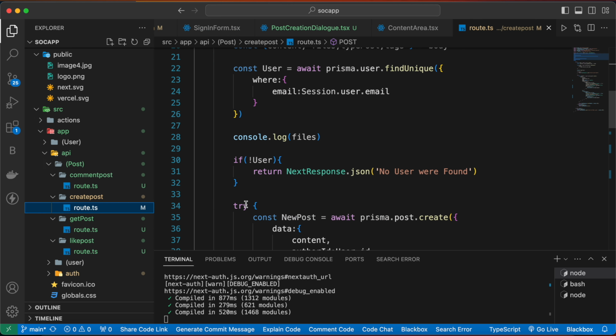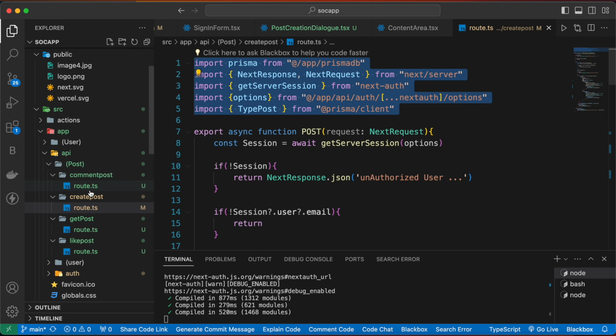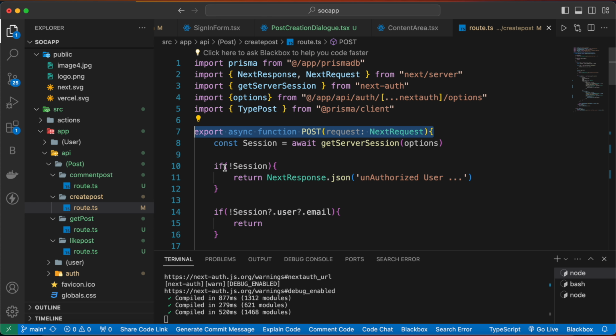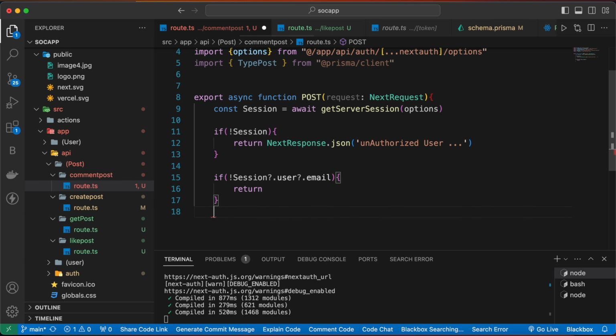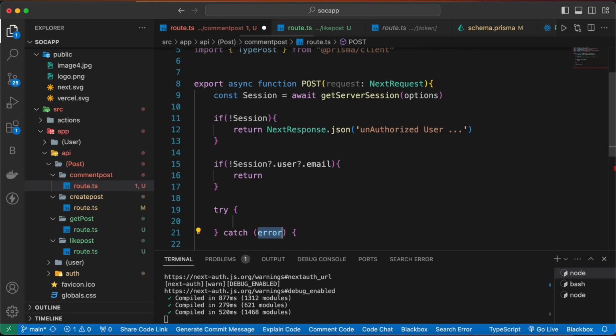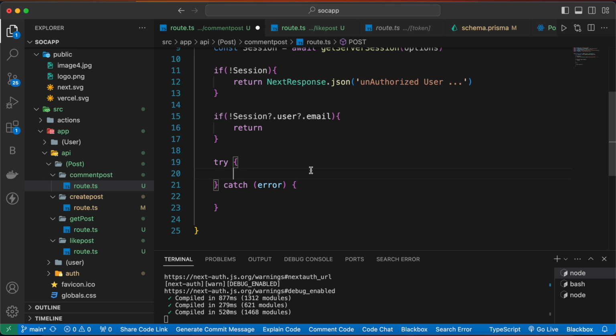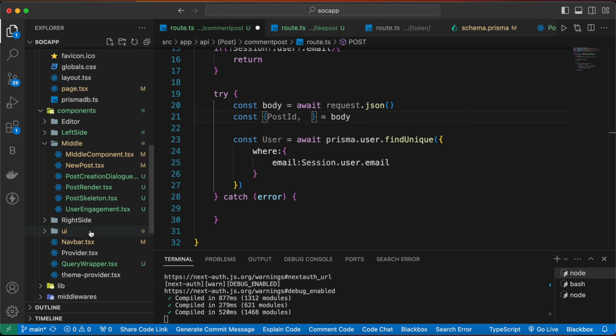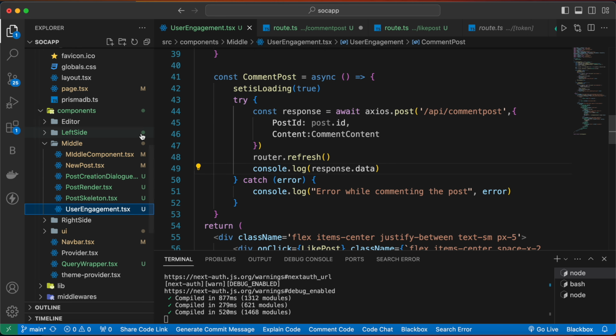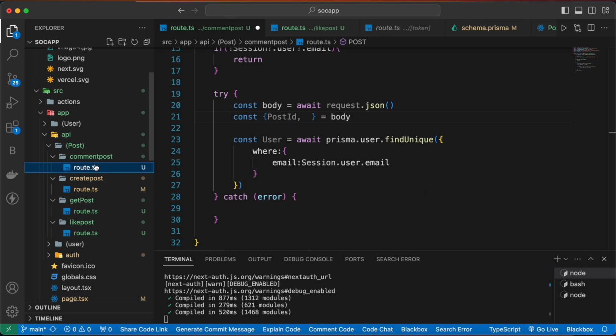As usual, we are going to have these imports here, and we can copy this as well up to this point, and then close this. After that, we are going to use a try and catch block here. So first we are going to get our user here. We are getting the body from the request, and then from the body we are going to get postId and then content. Let's see if it's lowercase or uppercase. This is uppercase, so we can have